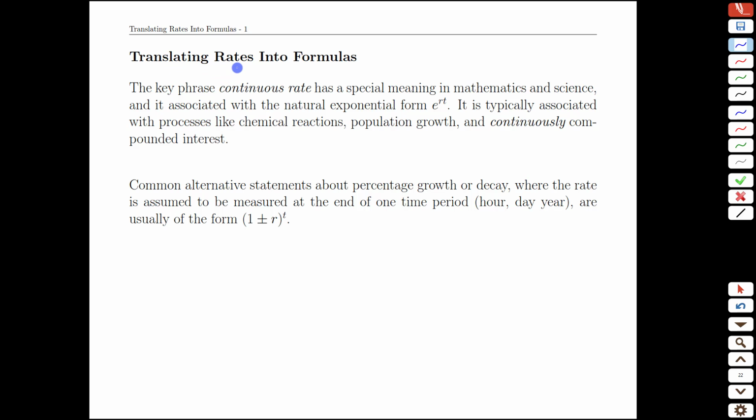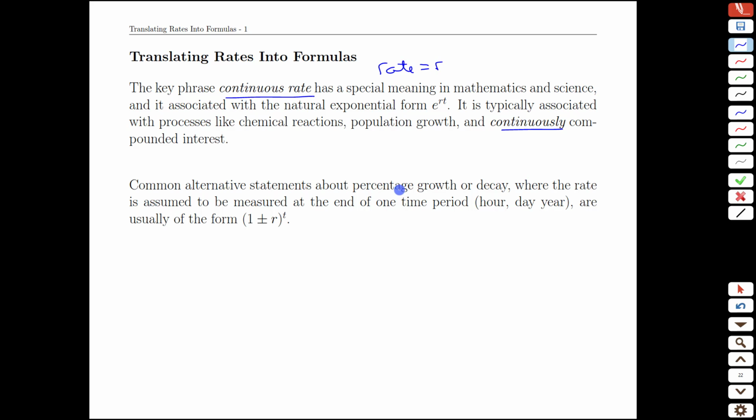When we translate rate information in a word problem into a formula, the phrase continuous rate has a very particular meaning in science and mathematics. It boils down to, if your rate is equal to r, then it goes into the exponent with your time with a base of the natural exponent e. You'll often see this phrase used with chemical reactions, population growth, and anything with interest where the interest is continuously